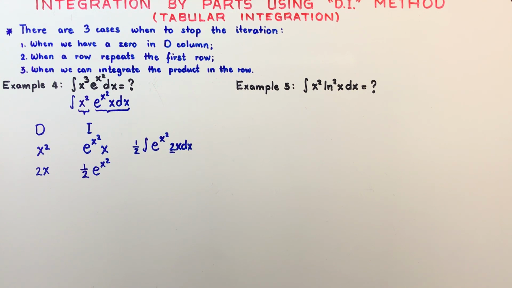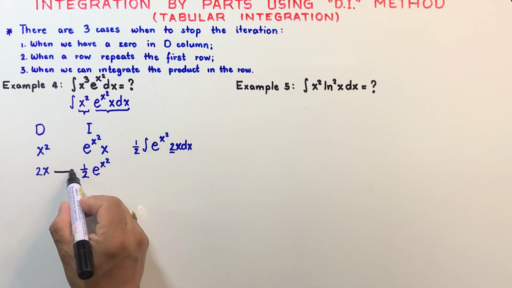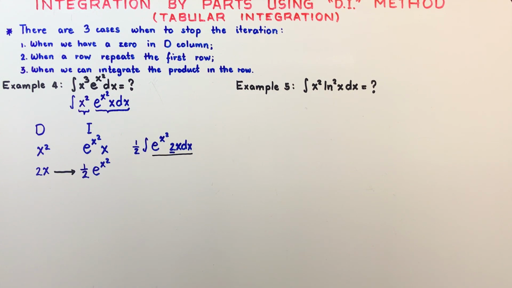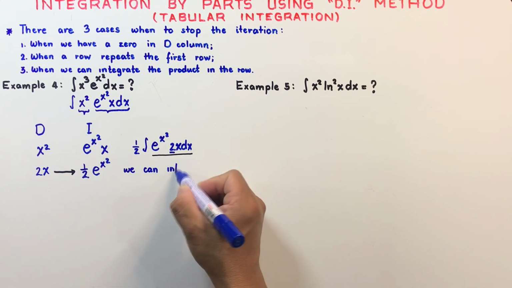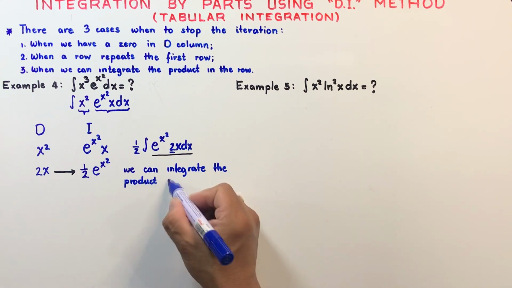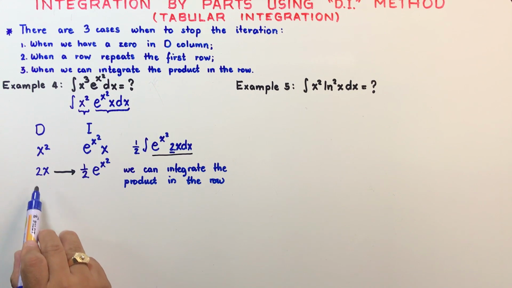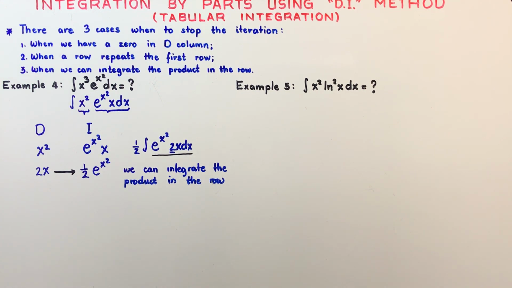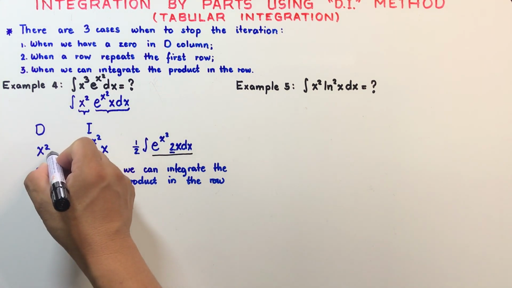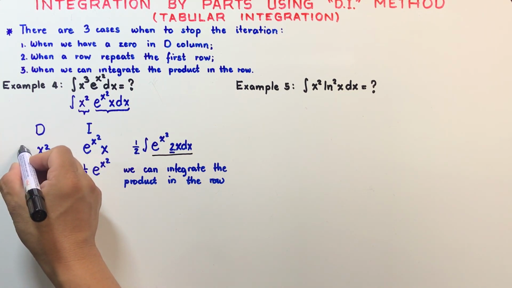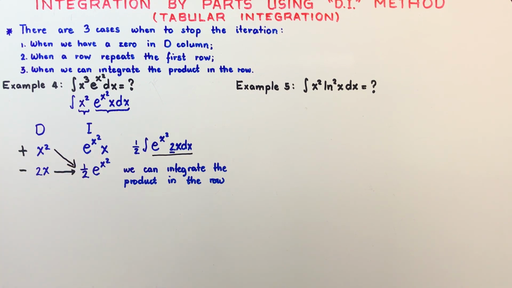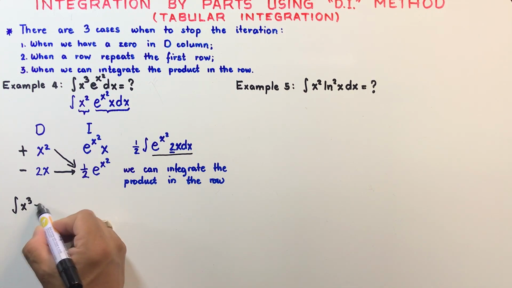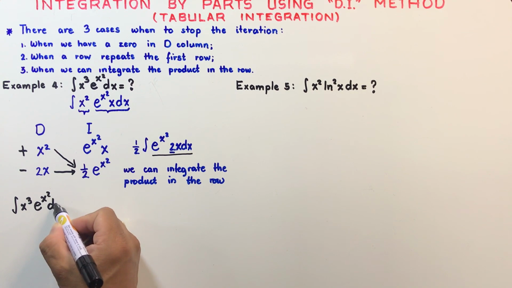Why? Because I can already integrate this row here. Because this one is already like this. So I stop when we can integrate the product in the row. Because I can already integrate this product here. And that is the third case that we stop when we can integrate the product in the row. But take note, I need to multiply this one here by, this is a positive sign and this is a minus sign. So the answer is the integral of x cubed times e to the power x squared dx is